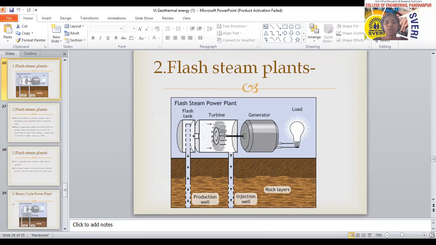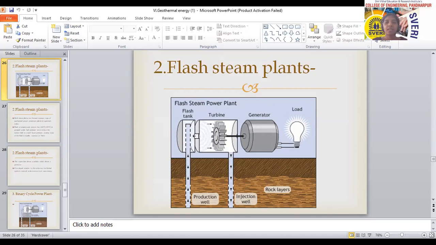The temperature of that water is much higher, that means above 100 degrees Celsius, up to 182 degrees Celsius, or 150 degrees Celsius, is available underground. At such places, flash steam plants are utilized, and that water is collected in the flash tank. The steam coming from that water is used to spin the turbine. Again, the procedure is the same. The cooled vapor or cooled droplets of water are transferred back into the well, and the electricity generated depends upon the pressure of the steam and the turbine rotation.